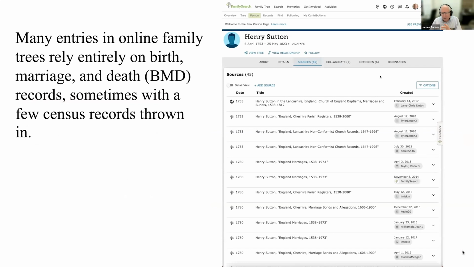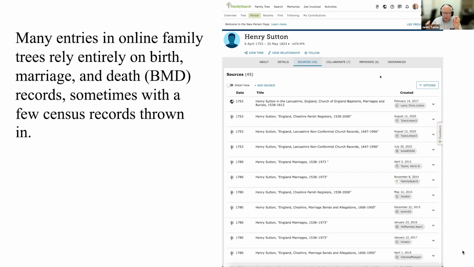What we need to understand is that there are other aspects to the program. And I'm going to discuss today a little bit about the limitations of the birth, marriage, and death records, and some of the places we can move beyond, how we move beyond those, and become a little more accurate and sure about the way that we're doing our genealogical research. So it's interesting because with the advent of the online family trees, like FamilySearch and Ancestry and MyHeritage and Find My Past and all the others,